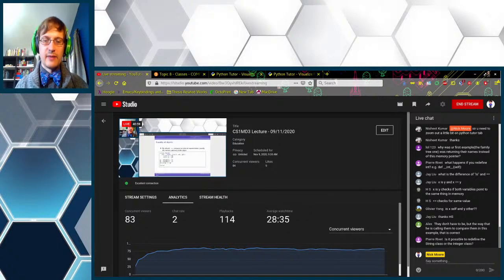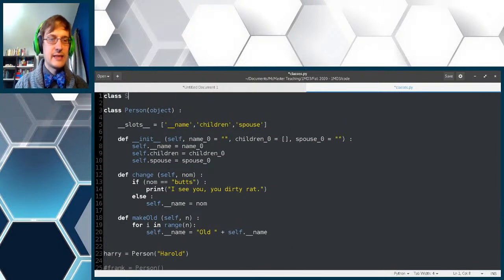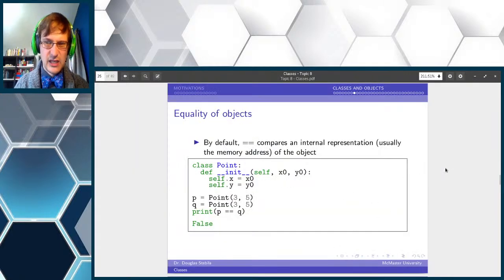So what I would recommend is, if you wanted string plus some other functionality, I would define a class, string plus, that inherits from string. Then you can use all of the stuff that's in string and redefine whatever you need to. That's not messing with the internal representations of strings, which generally speaking you probably don't want to do, even though you think you do.